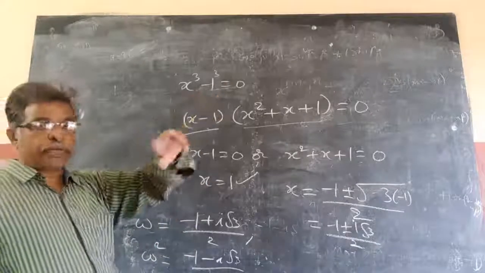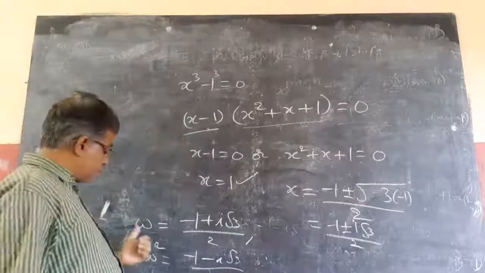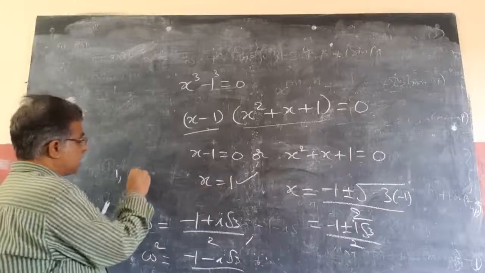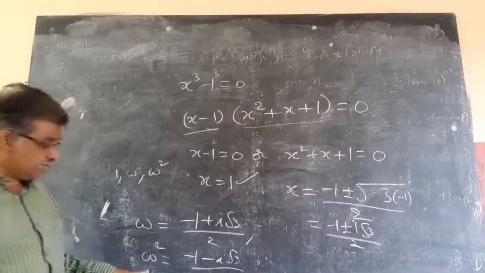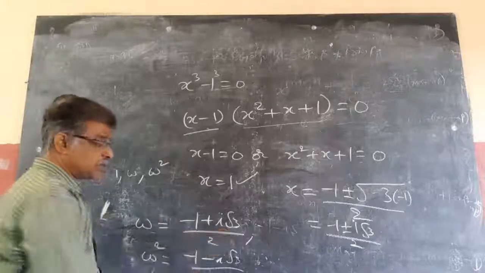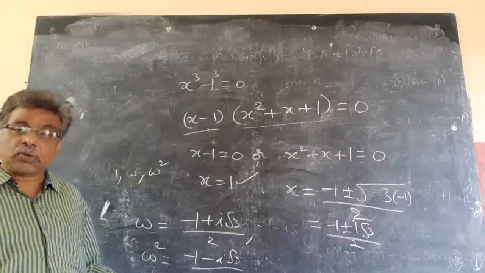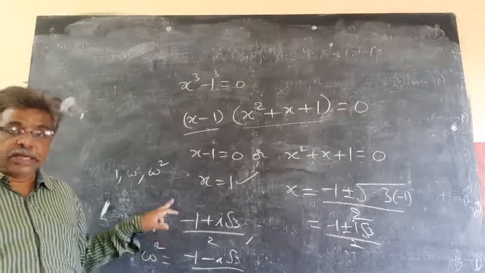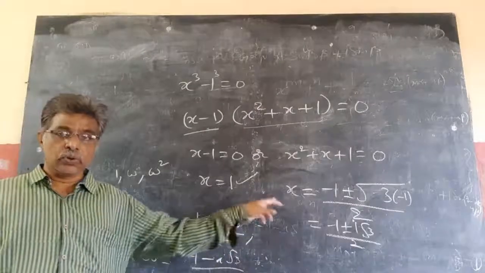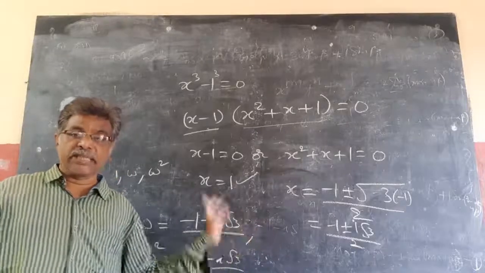For the cube roots of unity, that is 1 power 1 by 3, we have 3 roots: 1, omega and omega square. One root is 1, the second is omega, the third is omega square. Why omega square? Because it is the square of this. Find the square of this, a plus b whole square. Squaring on both sides, we get this only. If you square this, we will get this; if you square this, we will get this. Check it: simplify the square of this and we get this one. So 1 is the square of the other.